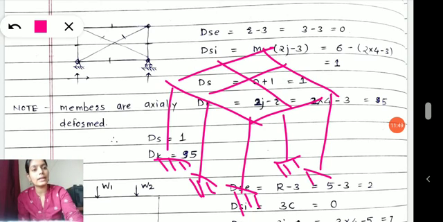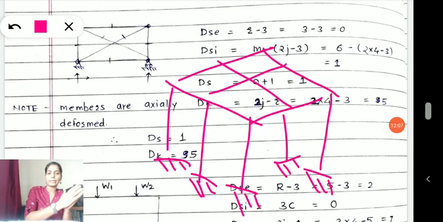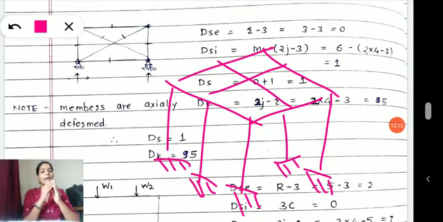Why? Because it is acting in 3 directions. On the coordinate system, all 3 axes x, y and z are taken care of, and my structure is spread in these 3 directions. That is why space frame structures follow different formulas and different rules. But we are talking about plane frames, the only frames which fit in the 2 axes of the coordinate system, so the formulas will be as we are solving.